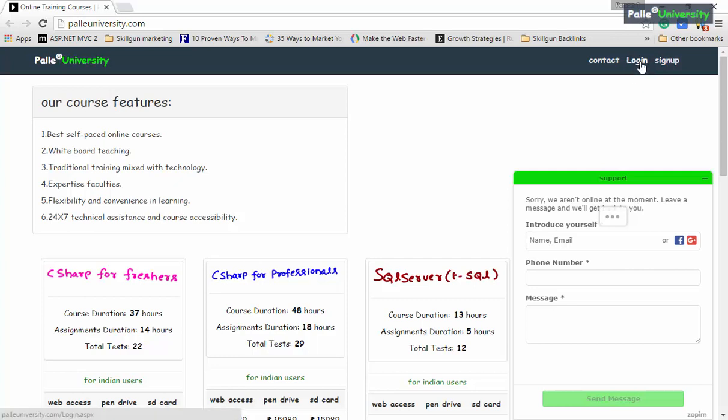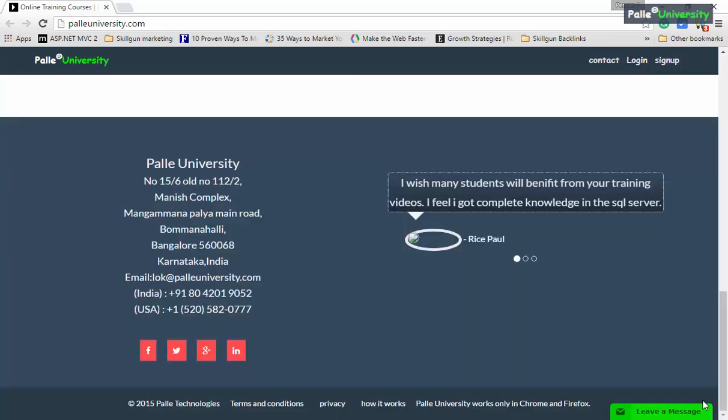Observe carefully. When we place the cursor on top of this login, you must be able to observe the destination page name. You observe the arrow mark wherever we are placing it. Corresponding to all hyperlink controls, you can observe the destination page names also. And you observe here there are many hyperlinks present. Privacy, terms and conditions.